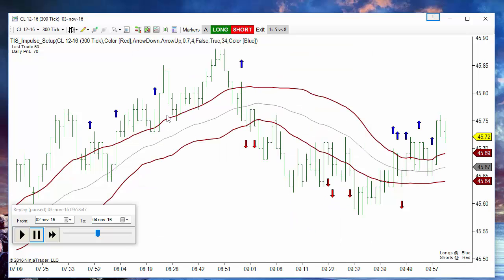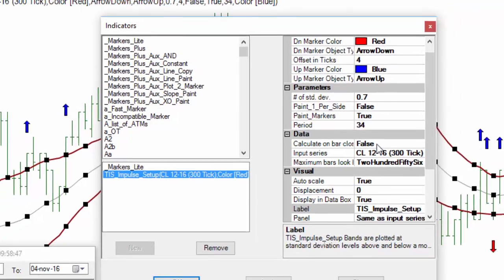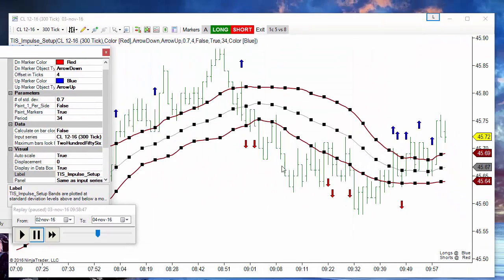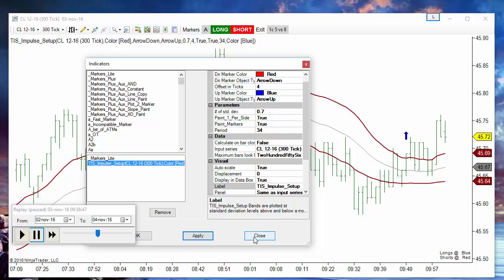We make it big enough to not have fake signals, but not too big to avoid not having signals at all. And we can also use this custom indicator, this impulse setup, that allows to paint all the signals, only the first signals, and also to select the type of object and the color. Can make it paint only the first signal,